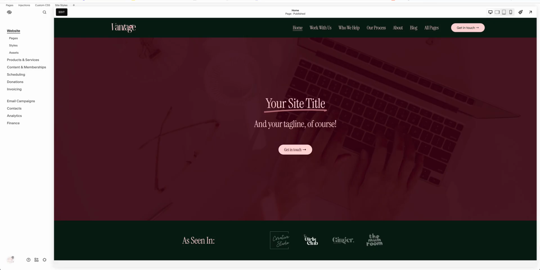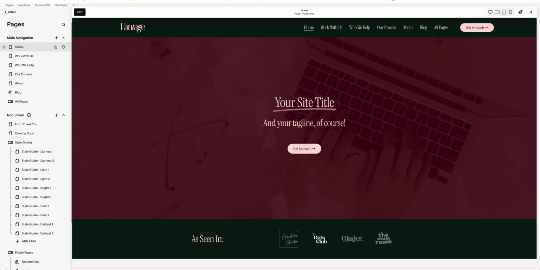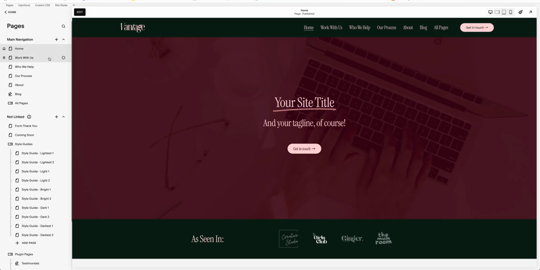I'll show you how to update and edit your menu navigation and style it according to your brand style. So you're going to enter into your website and click on Pages here. Now, if you've already built your website, you're probably already familiar with this, but we'll just go over the basics so that everyone is on the same page. We have our pages here